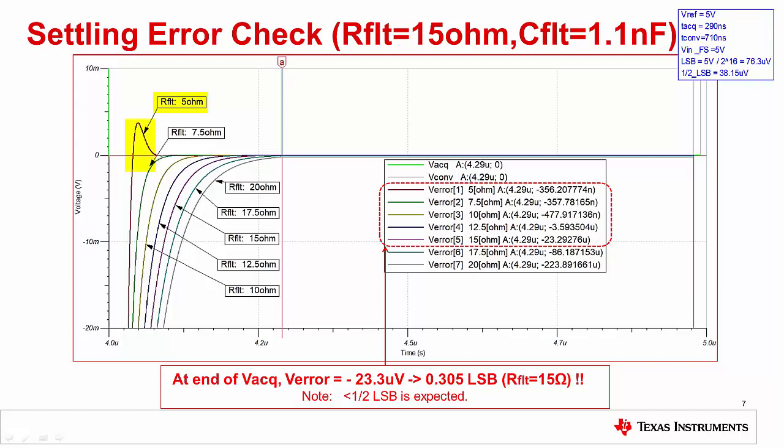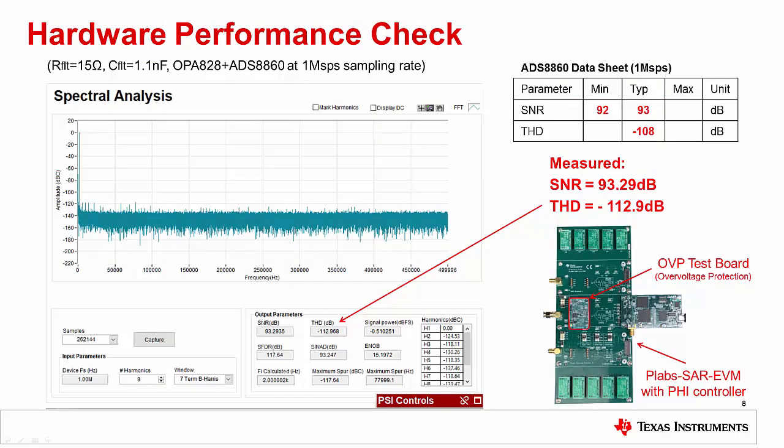Inspecting the curves, you can see that 5 ohms should not be used because it shows overshoot. The settling error for all of the resistances from 7.5 ohms to 15 ohms are less than the error target, so any of these resistors would work. Your initial reaction may be to select the 7.5 ohm resistor as it has the best settling error without overshoot. However, in this case we select 15 ohms as it meets the error criteria and also is the most effective at limiting the current. This slide shows the measured result for the circuit we just simulated.